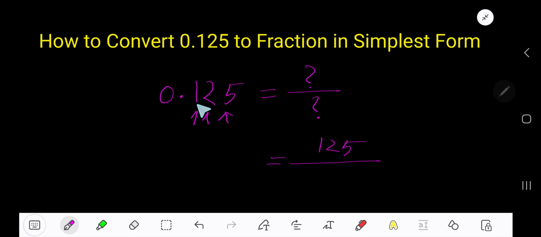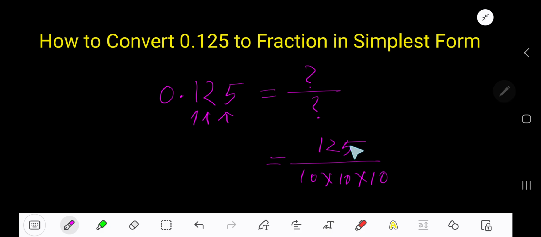Here we have 3 digits after decimal, right? Here 10 cubed, of course as a multiplication. Now we need to simplify this fraction. How to do that? To simplify this fraction in one step, we need to divide numerator and denominator by the greatest common factor or greatest common divisor. But if you want to simplify this fraction in multiple steps, then you need to divide numerator and denominator by the